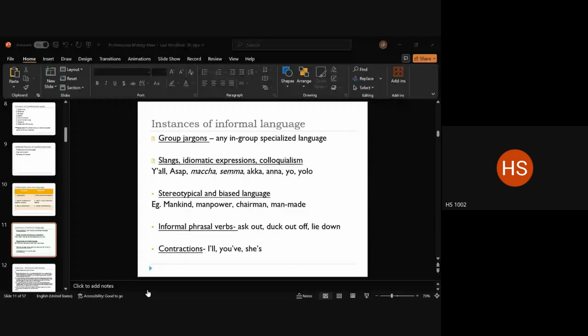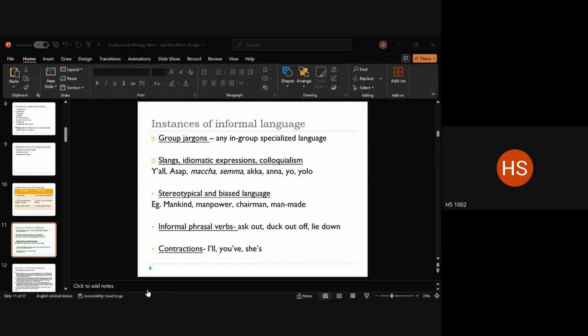professional writing. The second group: slangs, idiomatic expressions, colloquialism. The examples that I have are a mix of English and Tamil, and these are expressions which we found from some employees in a certain department here while they wrote emails to each other, right? The first and the second one would be familiar to all of you, okay, ASAP, and then come some of the Tamil phrases and words that we saw in the professional emails that were either received at our end or that some other people have received in the organization, right?